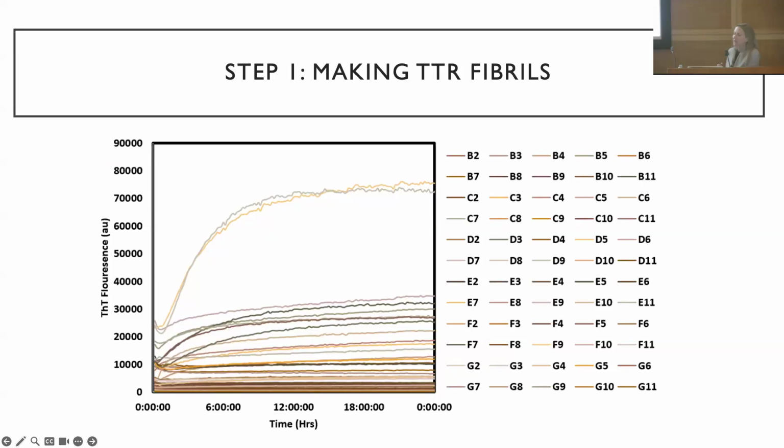So TTR is a very difficult protein to work with relative to alpha-synuclein. If you put alpha-synuclein in a tube and shake it for 2 days, it will make fibrils. Not so for TTR. So this is an experiment that one of the grad students in the lab did, where he actually tested 60 different conditions to try to generate TTR fibrils. And you can see that only 2 out of the 60 conditions actually did that. He did this by varying the amount of TTR that he included, varying the buffer conditions, varying the amount of seed, which I'll get into. And ultimately, only 2 out of these 60 conditions actually generated fibrils, which gives you a sense for how challenging this has been.